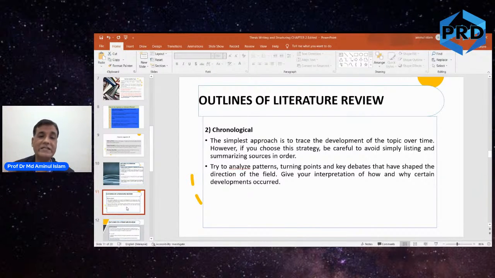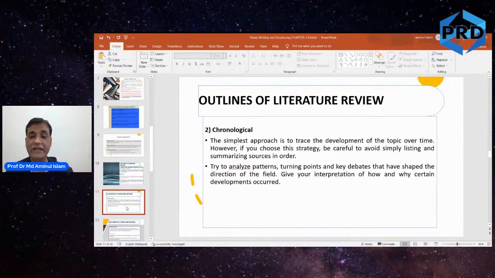So while you are presenting a literature review, the suggested way is to combine the two, thematic and chronological. You go with the thematic approach combined with chronological, meaning that you go with the dependent variable and present the literature in chronological order. Then you go for the second independent variable and present it with the theme of the independent variable, again chronologically. So the history of research and the review of key studies will all be done in that way. Most of you would be doing this, using thematic and presenting it in chronological order.